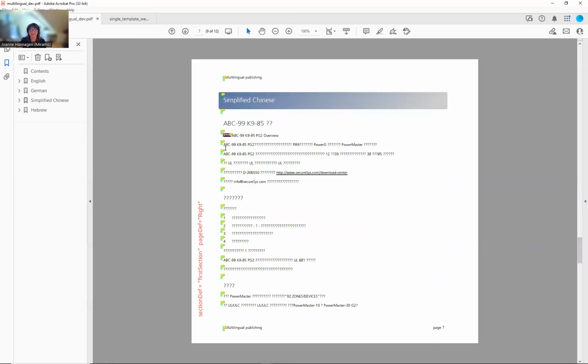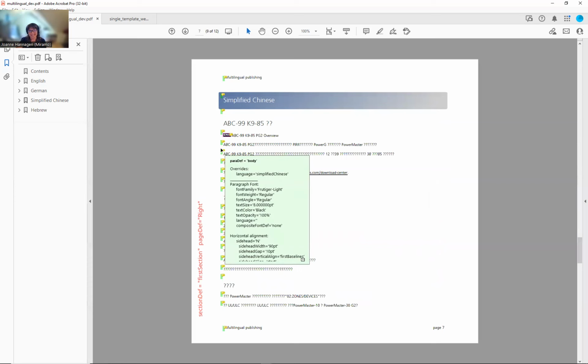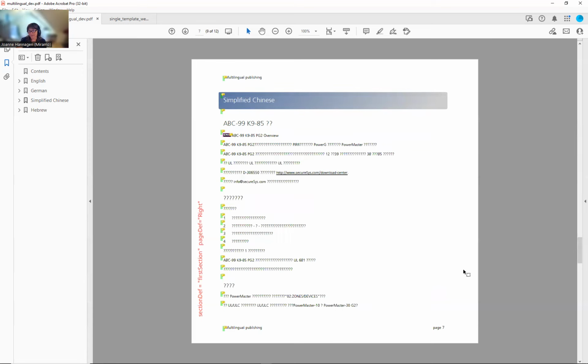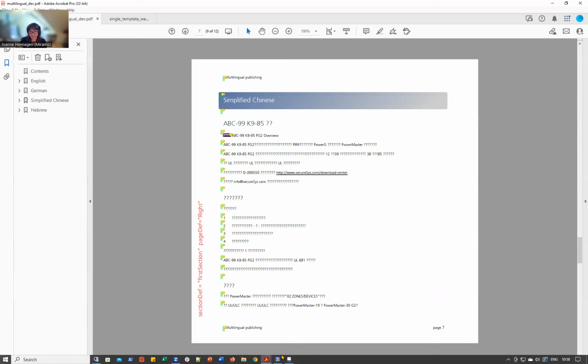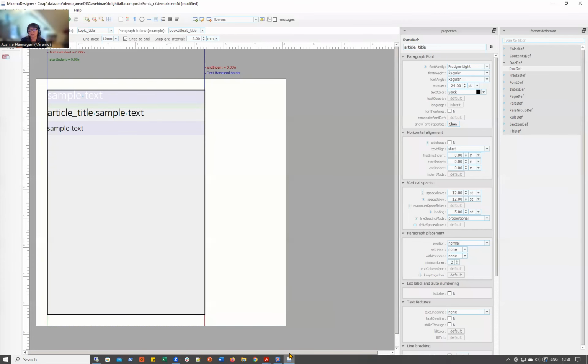So here we go. I'm just showing you more things rendered incorrectly. Here's a body paragraph definition applied here. That's the formatting that's applied. All right, so back into the template, let's make our changes so that the Simplified Chinese and the Hebrew display